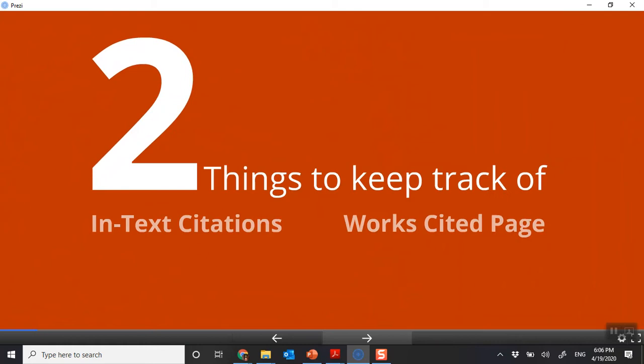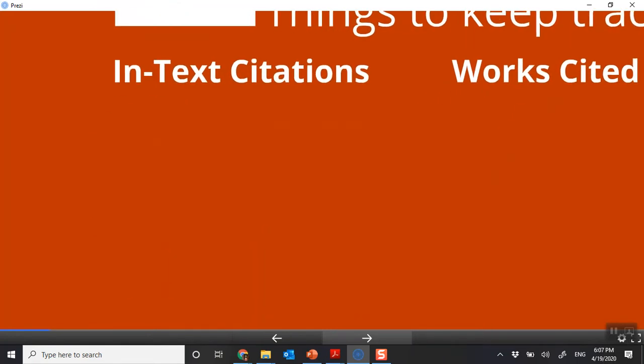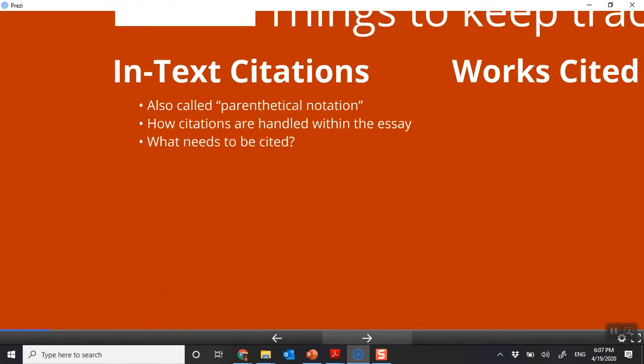Keep track of two things: your in-text citations and your works cited page. The in-text citations are within your essay, and the works cited page is at the end. It's a bibliography, but in MLA it's called works cited. In APA it's called references. In-text citations are called parenthetical notation.